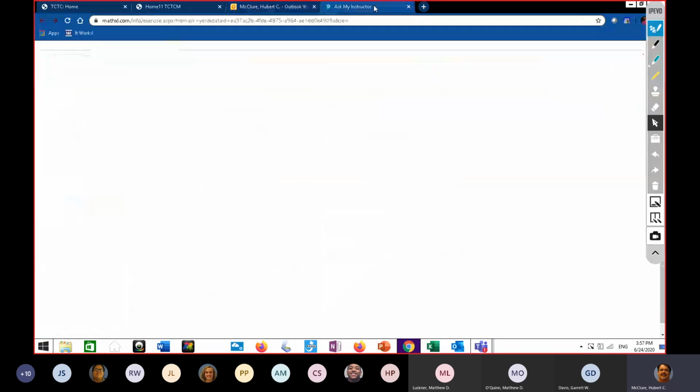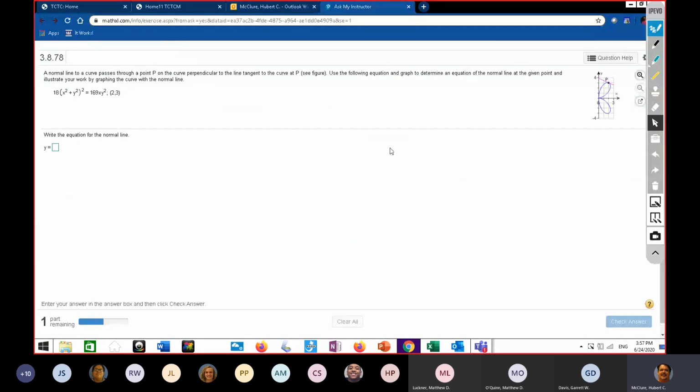Now, why do I like this question? I like this question because this is a type of question you're going to start seeing in Calc 2 after you do the work problems with the tanks and the rate of change. After you do those, you're going to be going into these. And look what they're doing. They're finding the tangent so you can find the orthogonal line at a point in space. In this case, it's a two-dimensional graph of a cardioid or a flower or whatever. So the first thing you want to do is go find the derivative. So go ahead and be doing that